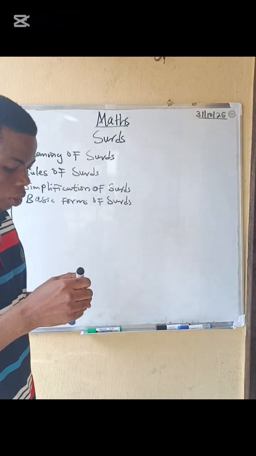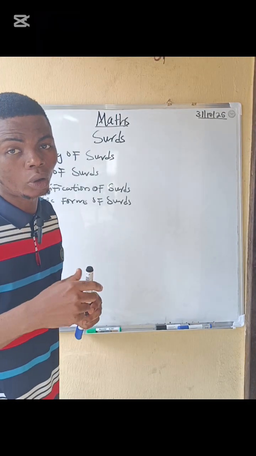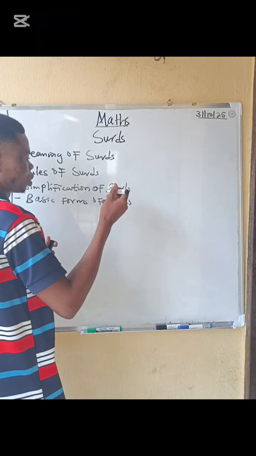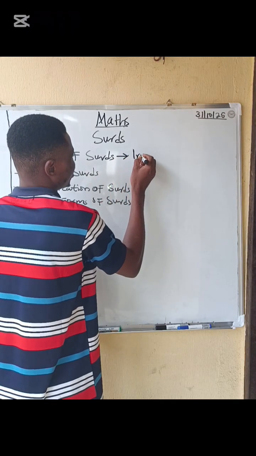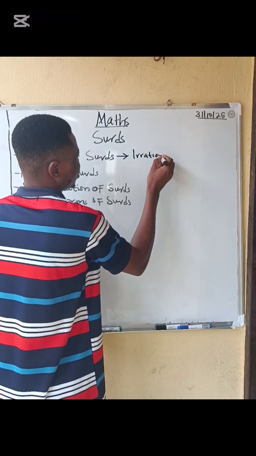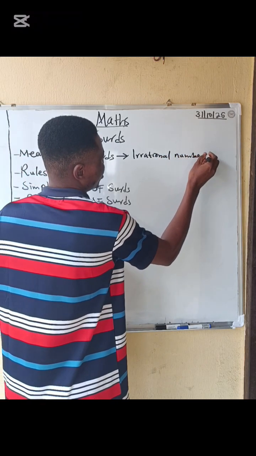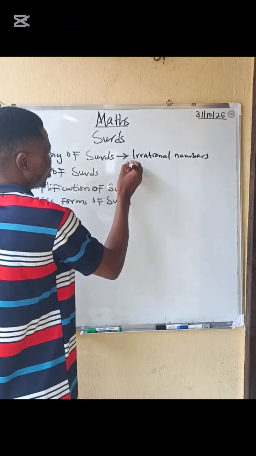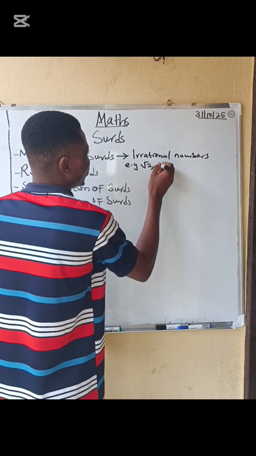So here, what do we mean by surd? All irrational numbers are what we call surds. So surds are what? Irrational numbers. Irrational numbers are what we call what? Surds. Example, we have root 2, root 3,